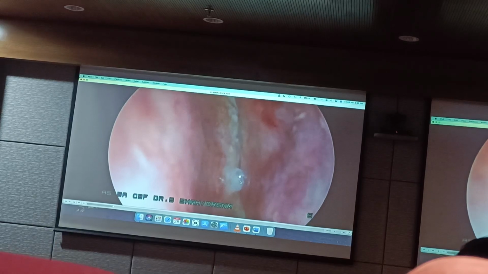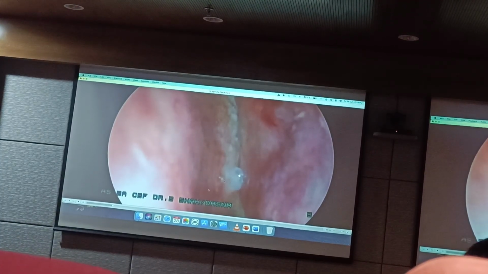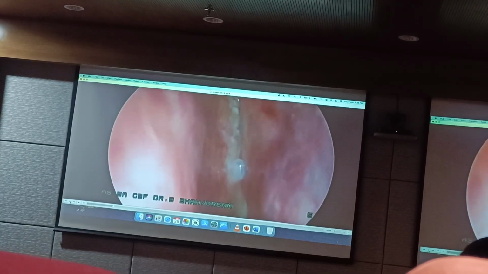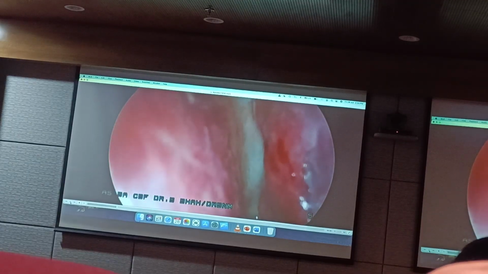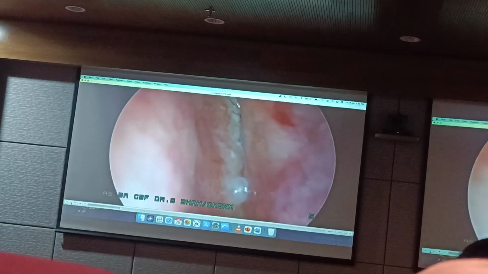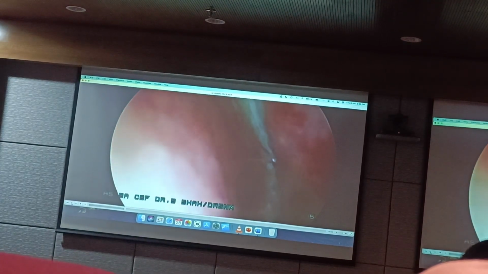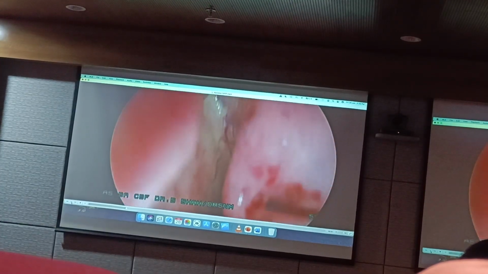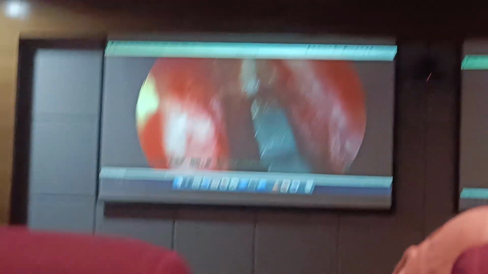Over here, you inspect the entire medial lamella from the front to the back. On occasions there may be more than one meningocele, and you have to repair all of them at the same time. One will be actively leaking, but there will be outpouchings through other sites also. So make sure that you have inspected the entire medial lamella of the cribriform from front to back. Those are blood vessels on the cribriform.